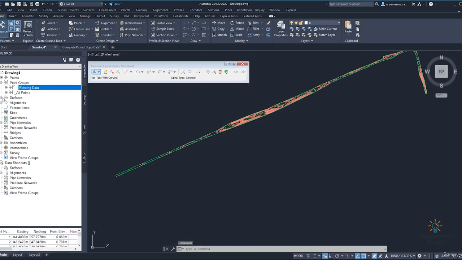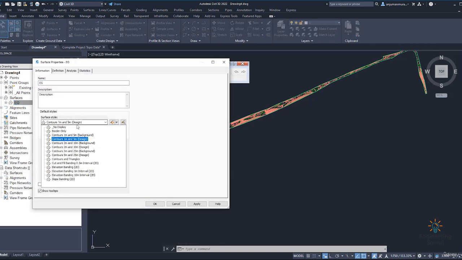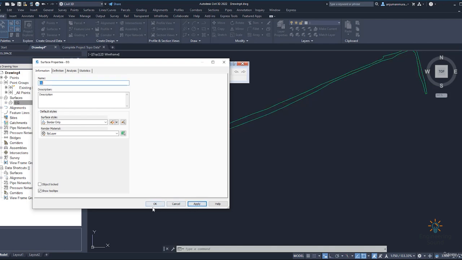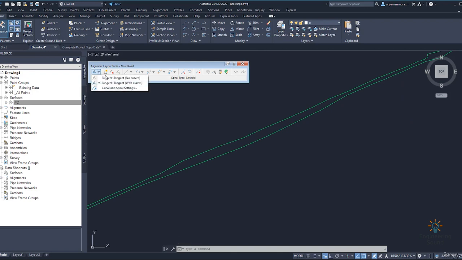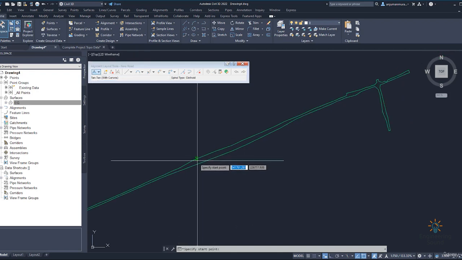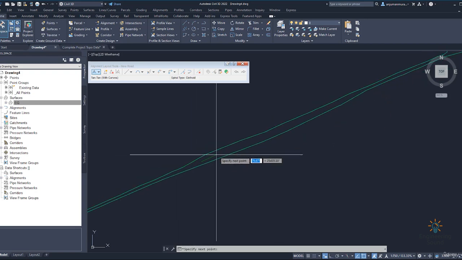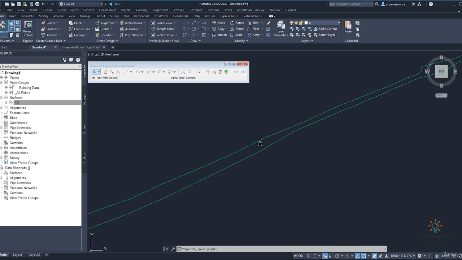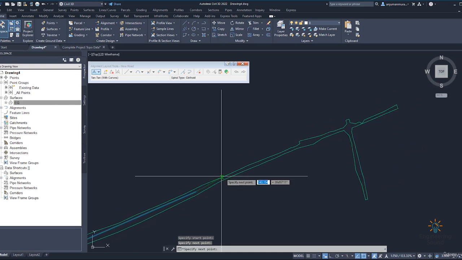Also we will go to the surface, and from the surface we will go to the surface property. In the surface property, we will keep only the border. So click apply and okay. Now we have only the border, and we can easily draw our alignment straight. So just click alignment with tangent with curves. You can select where we want to start our alignment. For example, I am going to start our alignment from here to this option like this. It will go straight from here to here. You can see that, and you can click